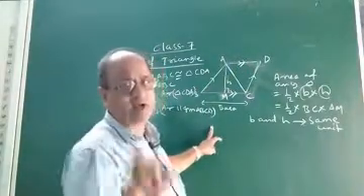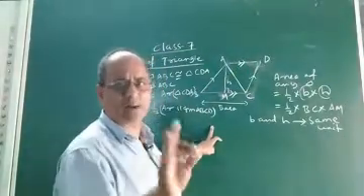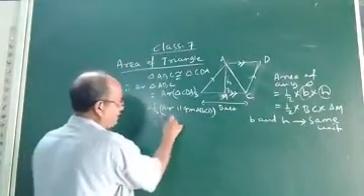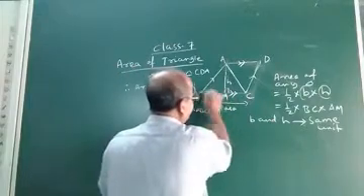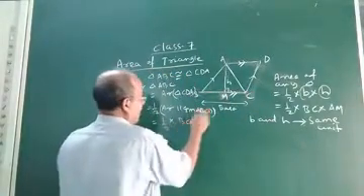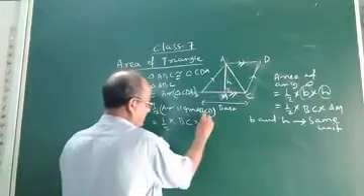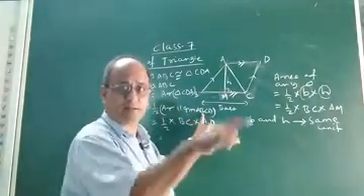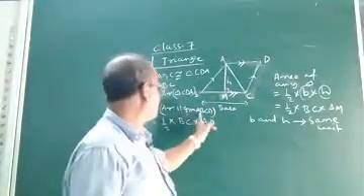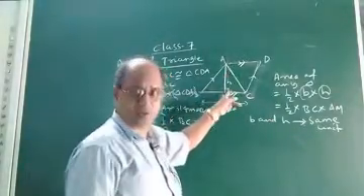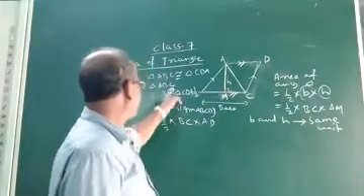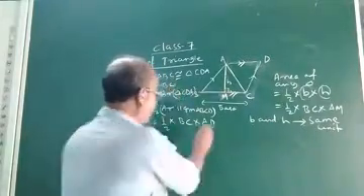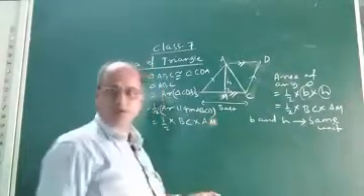And you know what is the formula to find the area of a parallelogram? It is base into height. So it is half the area of parallelogram ABCD, where the base in the parallelogram is BC, and the altitude is the height. Base into height, or base into altitude, we discussed in the last class. So area of parallelogram will be BC into AM. That means area of triangle ABC is half into BC into AM, not AD, AM.